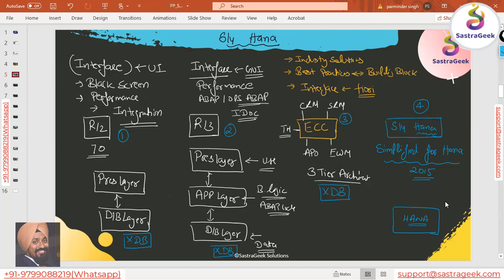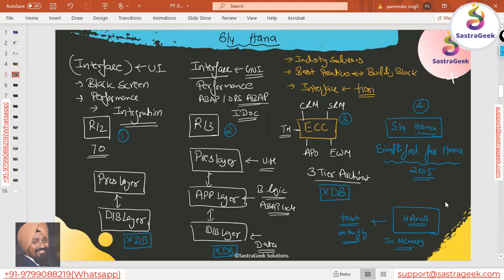As compared to the traditional system, it's an in-memory database system, which has a competency that it works very fast. Why it works very fast, I will explain in the next slide. It can do on-the-fly calculation.